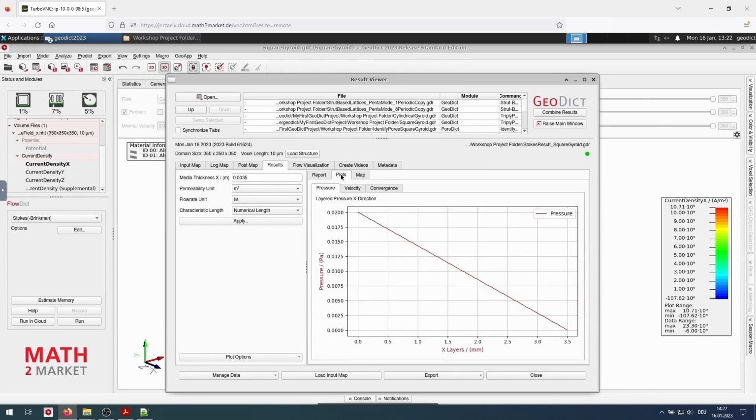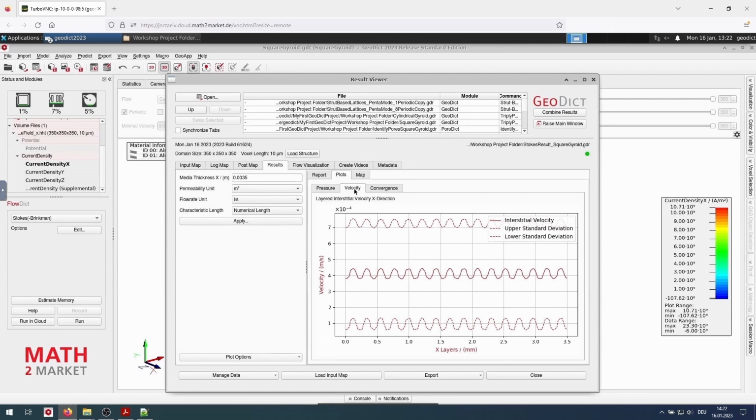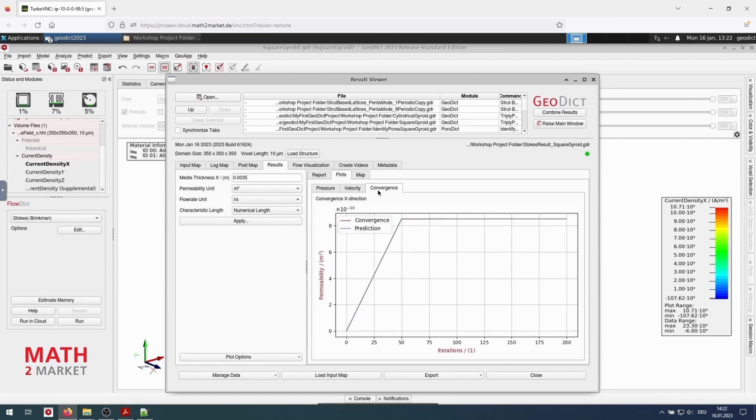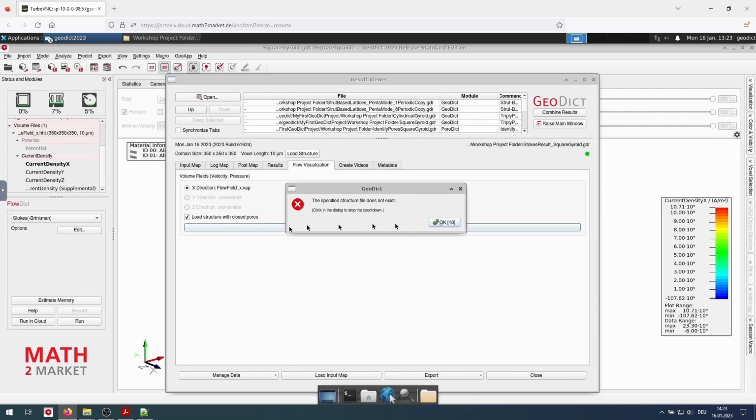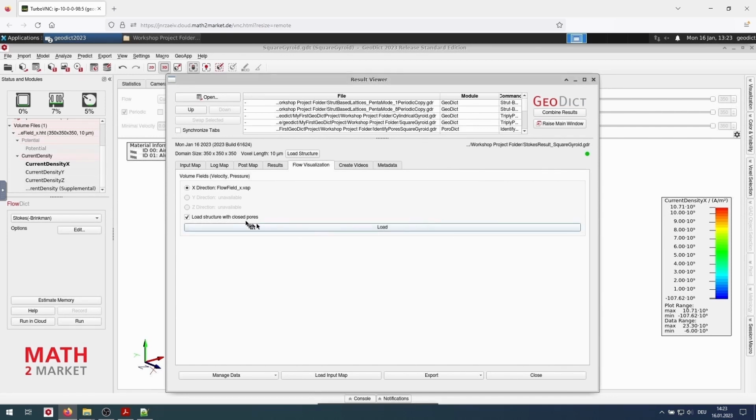In the plots, we can see the pressure and the velocity and the solver convergence. Under flow visualization, we could visualize the flow field and also the structure with closed pores. But for this case, we do not need to visualize the results again.